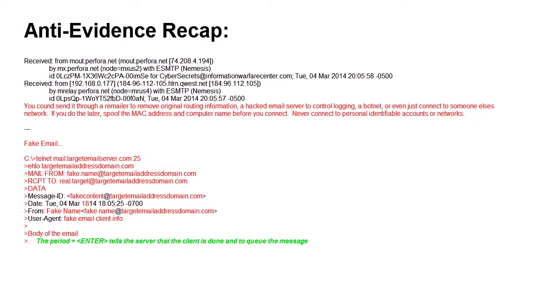I know I keep referencing sophisticated suspects or spammers. Let's just go through the anti-forensics or anti-evidence. So at the very top, unfortunately, the routing information is only as good as the systems that add it to the email. For example, an attacker could send it through a remailer, an anonymous remailer, remove the original routing information, and send it through a hacked email server to control all the logging, even through a botnet, or even just